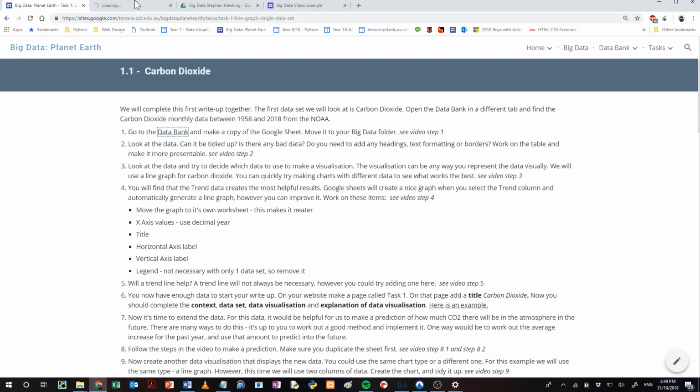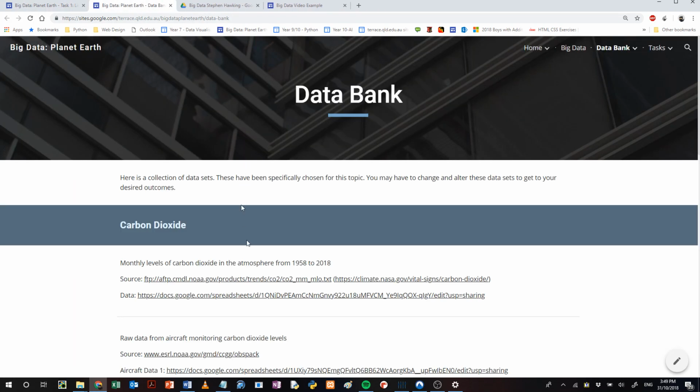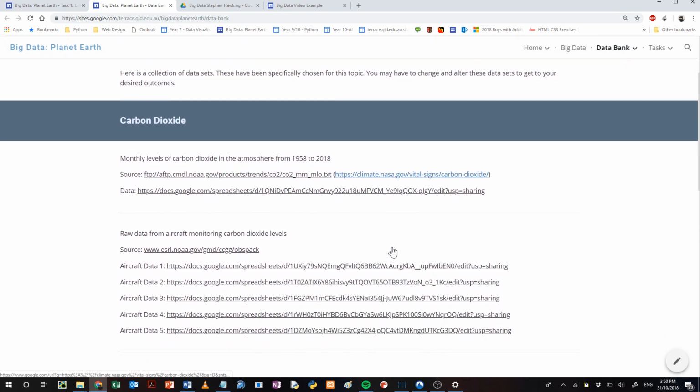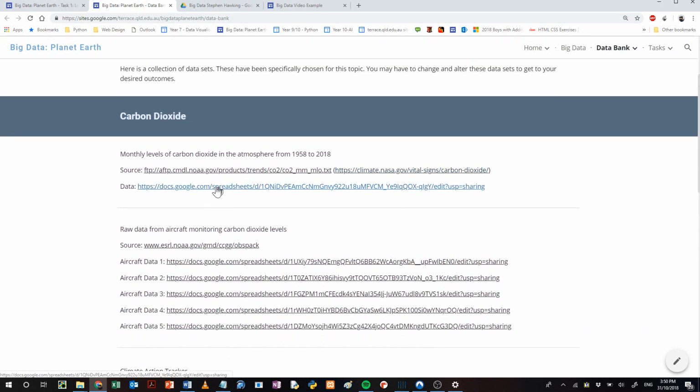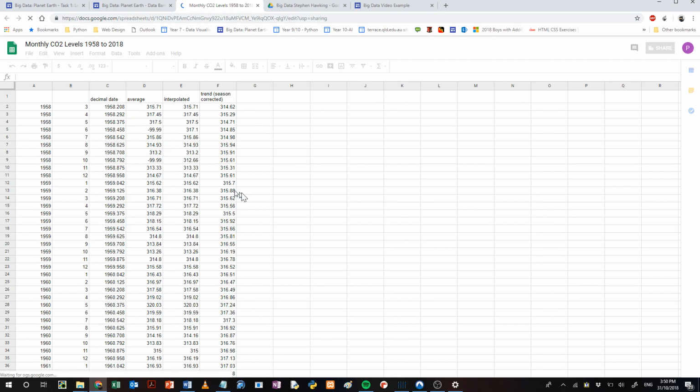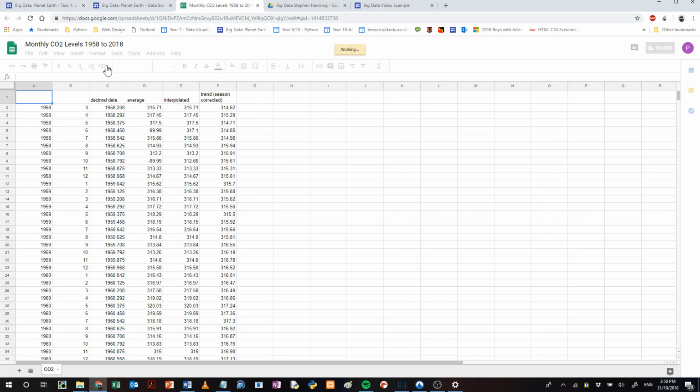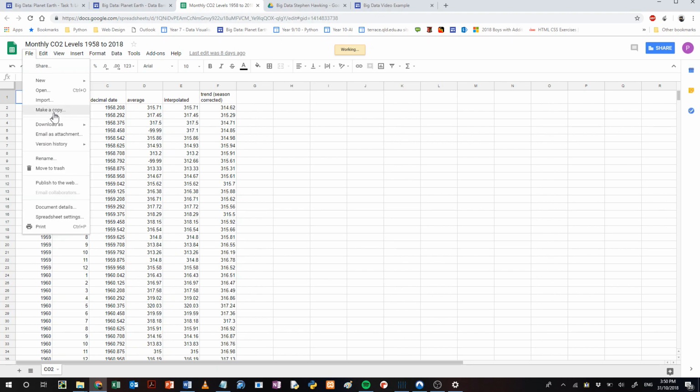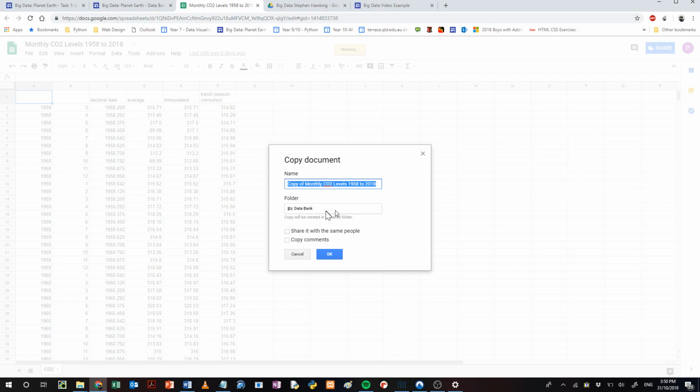So I'm just going to load that up in a new tab. And then when that loads, I'm now going to go to the data, which is in the Google spreadsheet. Open that one up, and there we go. There's the data. So you guys will see a button which says View here, blue button, which means you don't have edit permissions, which means you need to make your own copy. So you're going to go to File, Make a Copy,